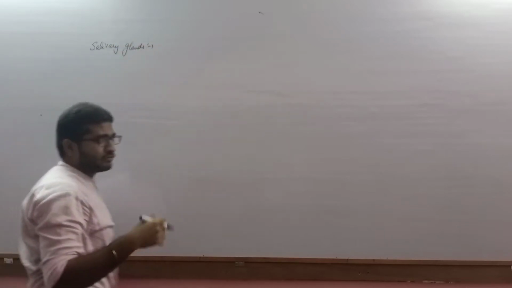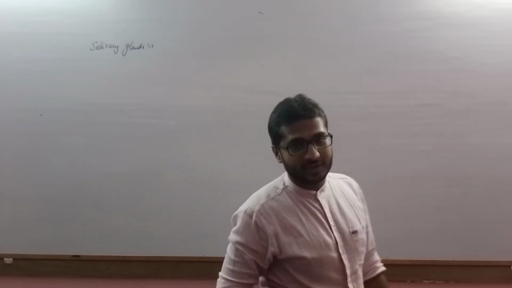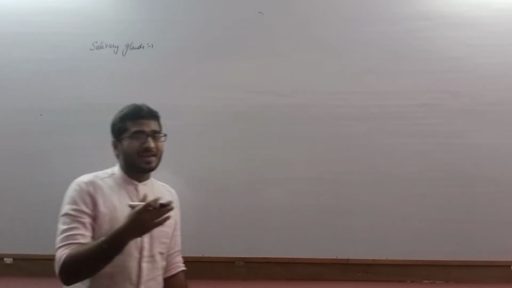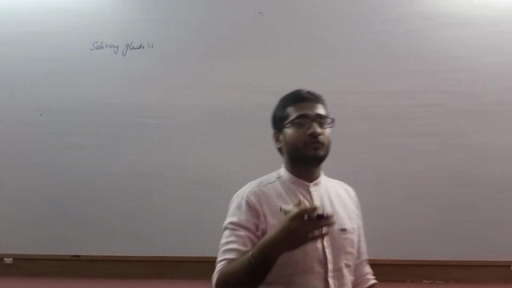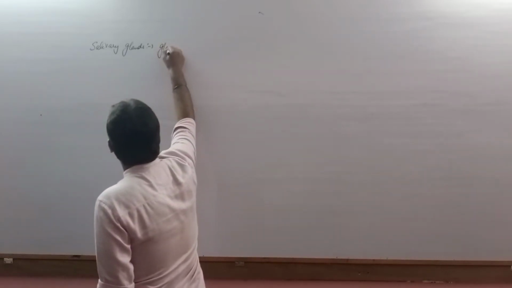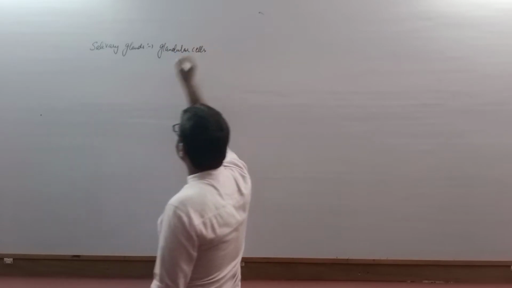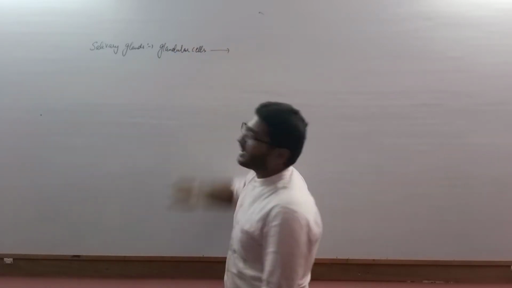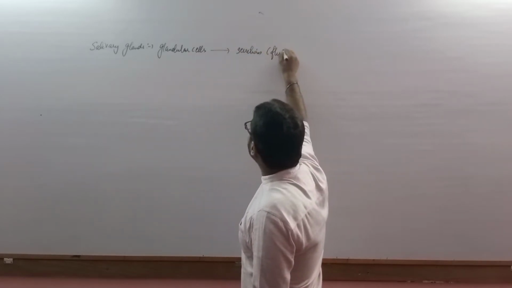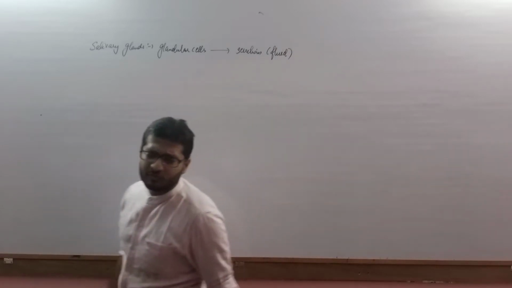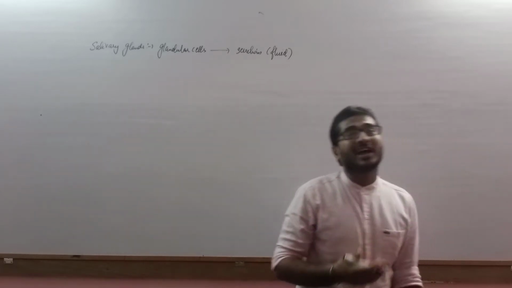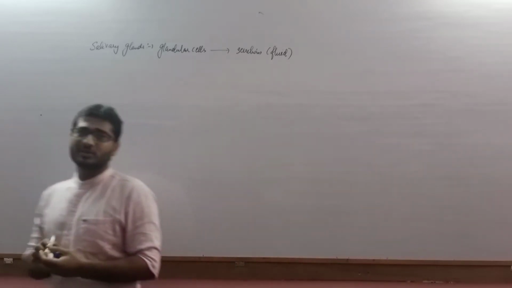Before going into the details of salivary glands, its types and where it is located, what is a gland? Gland means a group of glandular cells that has the capacity to secrete their secretions, which are fluid in nature. These secretions may involve water, electrolytes, mainly ions, enzymes, etc. Now let us discuss the salivary glands.